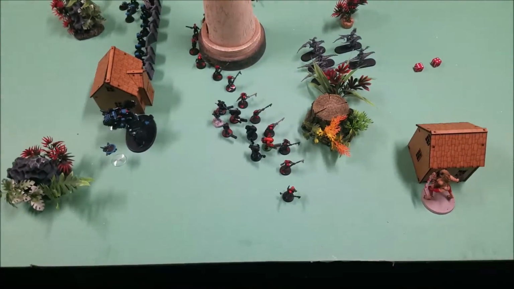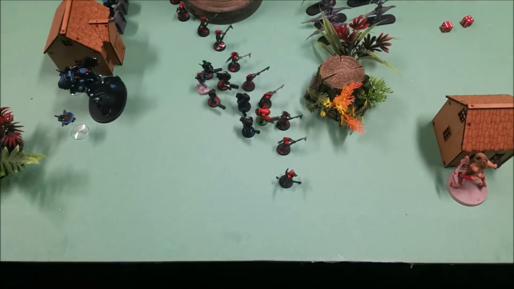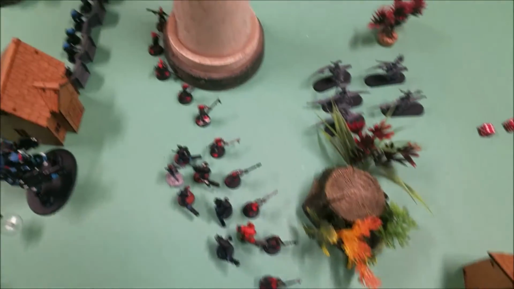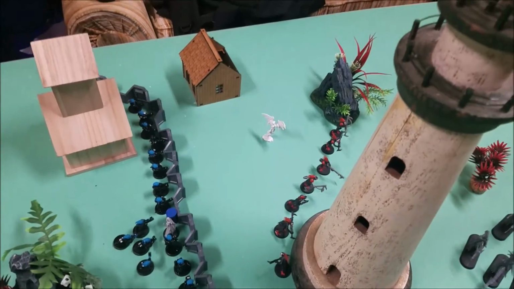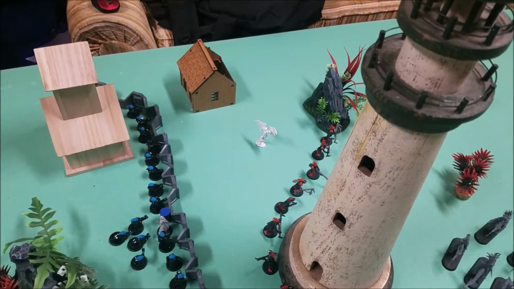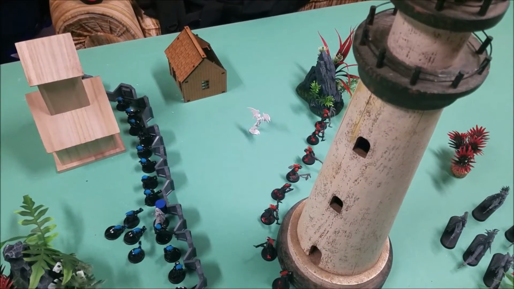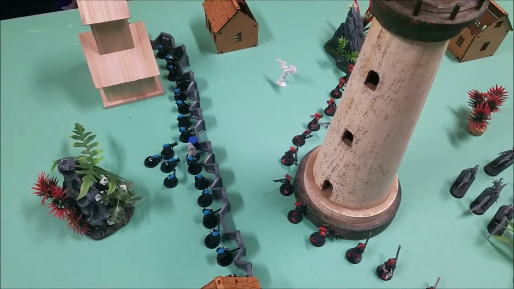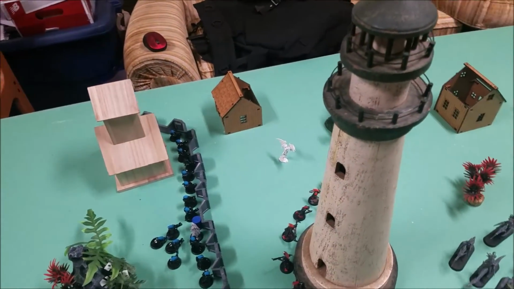Alright, so pretty bad from the demons for the psychic phase. We got off Dominate here on the Kroot, not that it's going to matter much. And then she tried Iron Arm and passed, but then the Tau denied. Because somehow that happened. And then we tried Enfeeble, and that didn't work. So, yep, now we're going to go on to